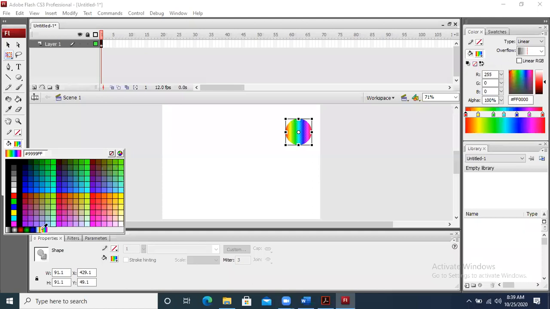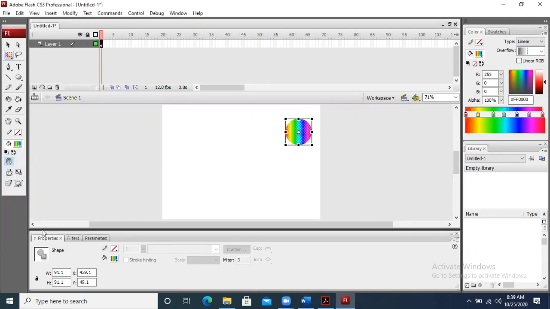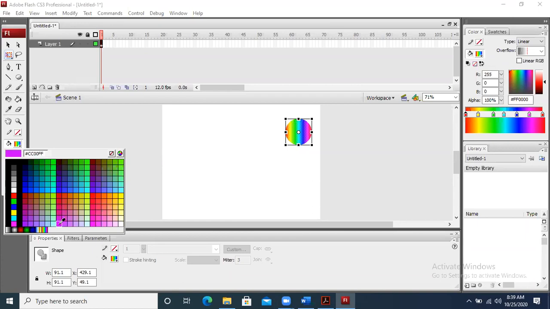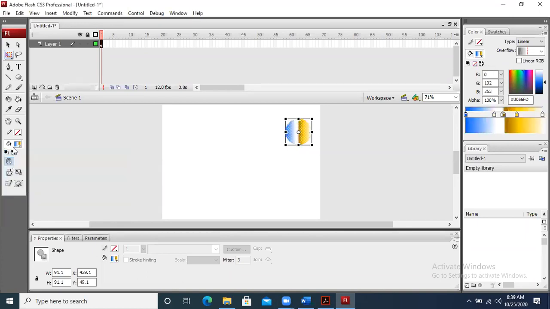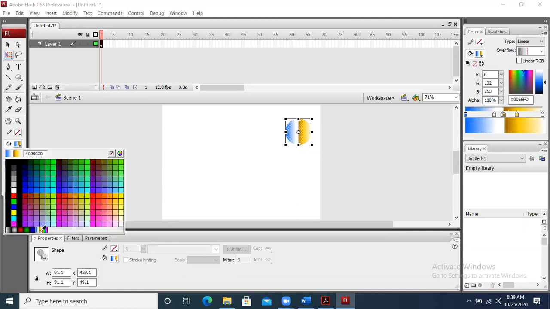This is basically called the gradient fill. Gradient fill is the fill when you are filling the object with multiple colors. So we have filled the object with the gradient fill. If you want to change it, we can change this gradient fill from here. If you want to change some other colors, we can.